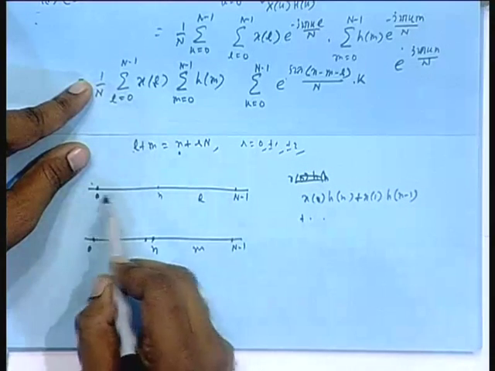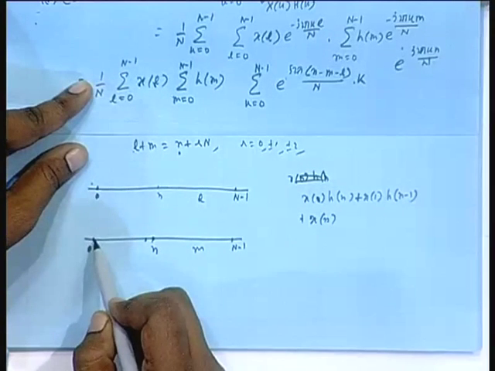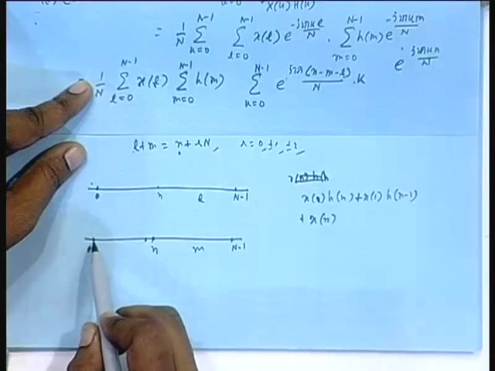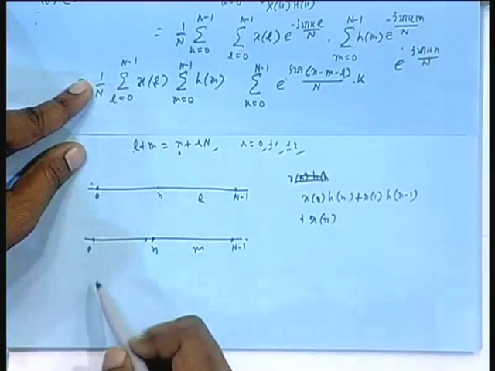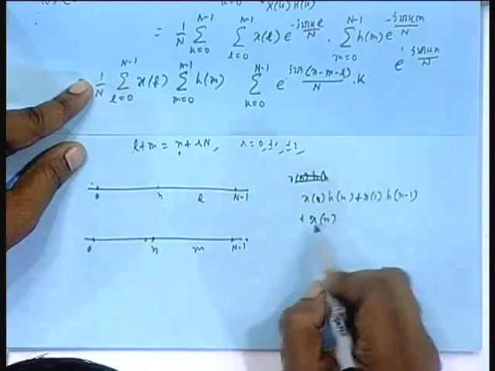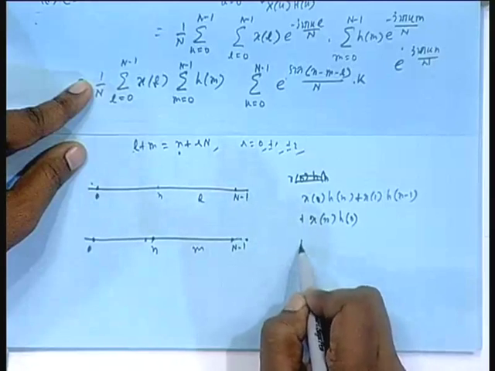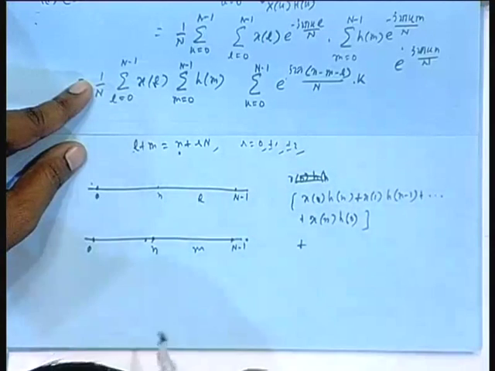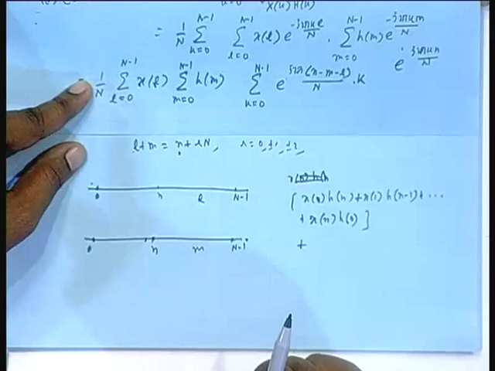Dot dot dot dot, L is increasing, when L touches small n, that is x n, M should be 0. 0 plus n still n, 0, or if you jump again 0 plus capital N, you are beyond this, okay, not allowed. So x n into a 0, other terms, but look at this, what is this? What is this expression? Linear convolution between x and h evaluated at nth index.